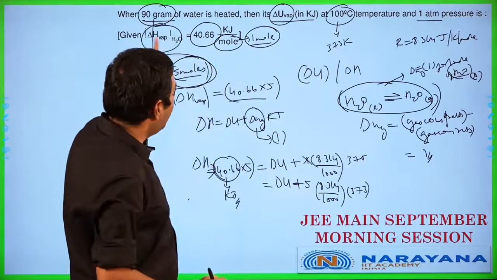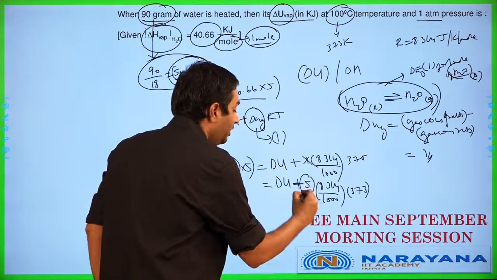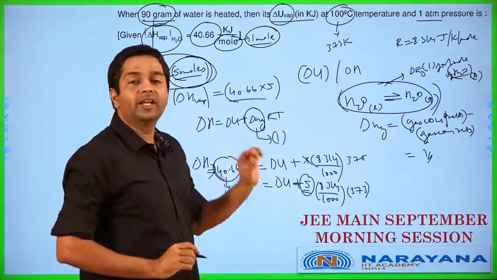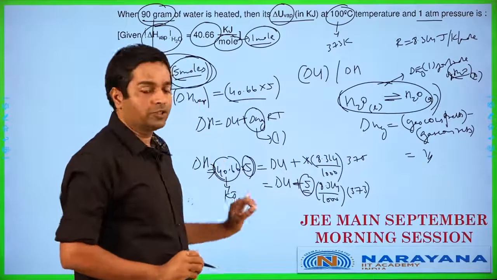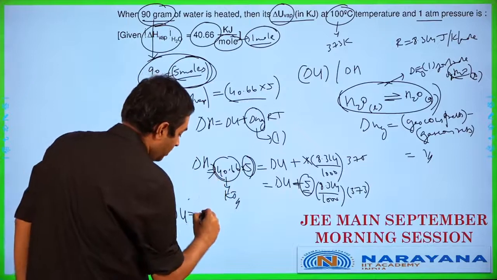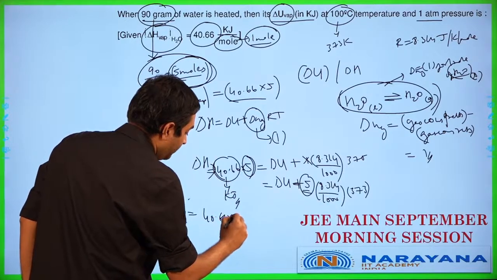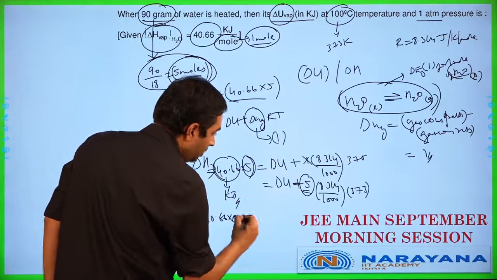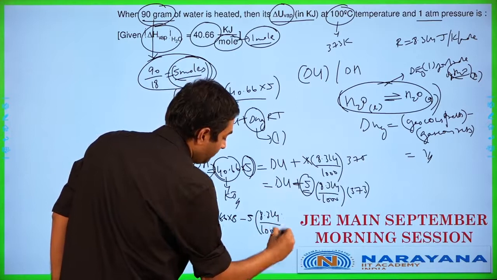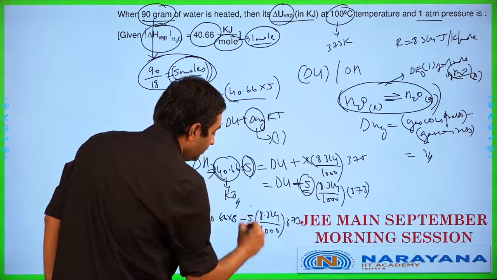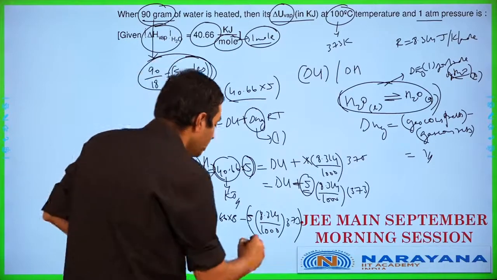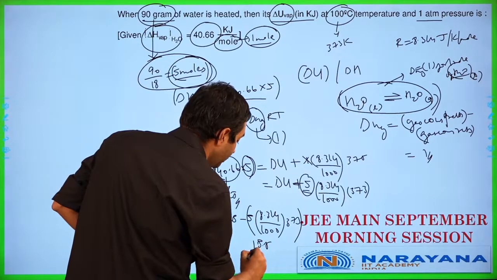This particular data of 90 grams has to be definitely included here, and it has to be included here also. This is a common error which students will make. Please watch for this. So how do we calculate for the delta U here? Delta U can be calculated as 40.66 into 5 minus 5 into 8.314 divided by 1000 multiplied by 373. This value, I actually calculated this just a while back and I have the exact value directly available. It works out as 15.5 in this particular case.